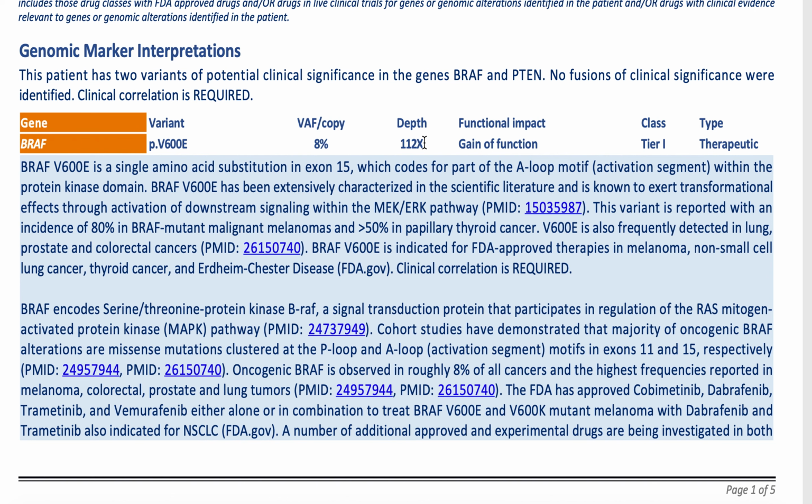The functional impact describes how the variant is affecting the protein the gene encodes. For protein changes, there are 3 possible functional impacts: gain of function, loss of function, and neutral. Typically, with clinically significant gene variants, the impact will either be gain or loss of function. This is confirmed using cellular and biochemical experiments, but to describe it simply,